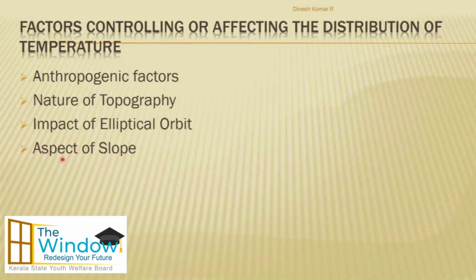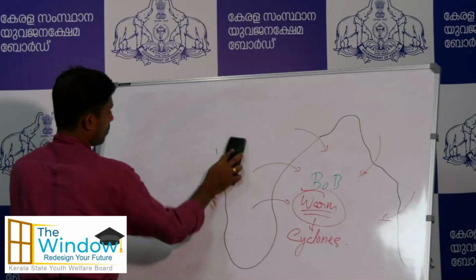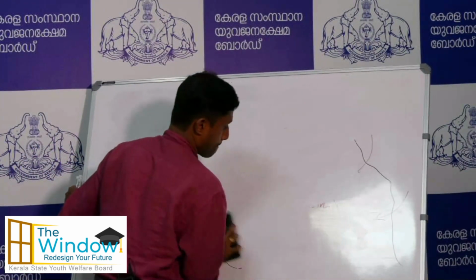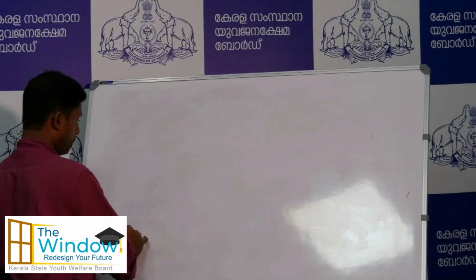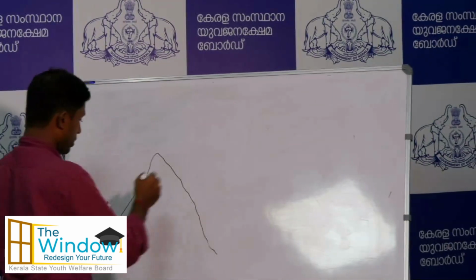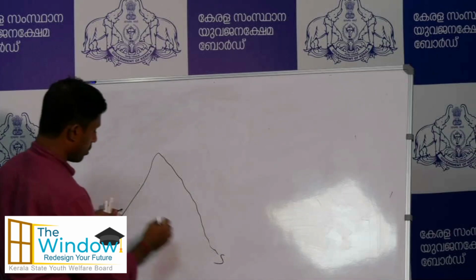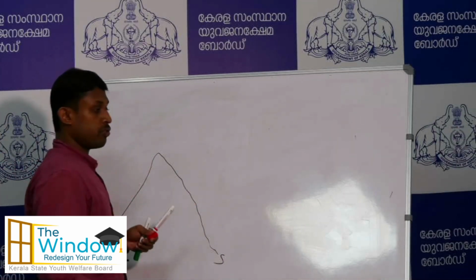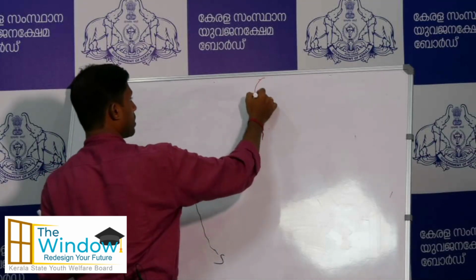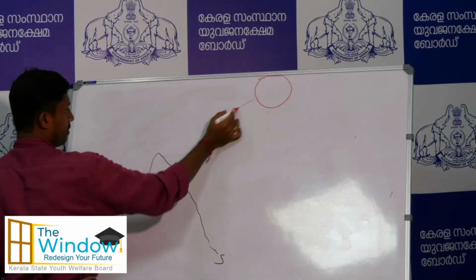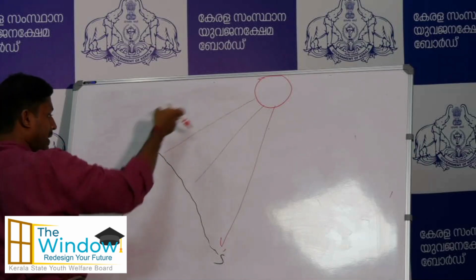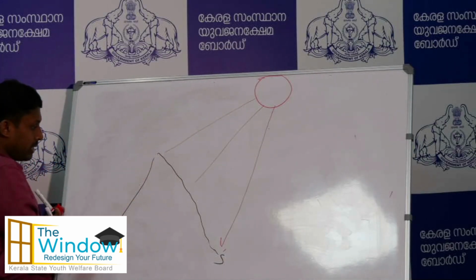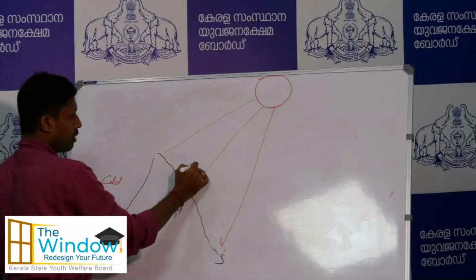One more point I will explain, and we will conclude the topic: that is aspect of slope. What is aspect of slope? Let me simply explain with a small figure here. For example, this is a mountain, this is the northern side of the mountain and this is the southern side of the mountain. Suppose the maximum reach of the sun is up to this area only. So if the sun is here, can I say I will get very strong or direct sunlight in these areas? On this slope I will get a good amount of sunlight, but on this slope I won't get direct sunlight. As a result, can I say here it will be relatively colder, here it will be relatively warmer,